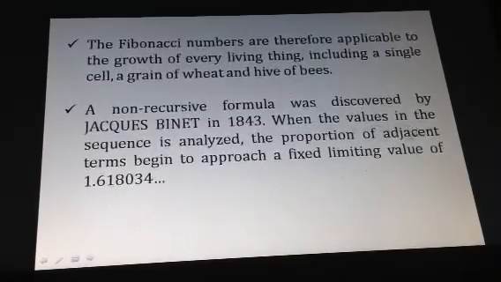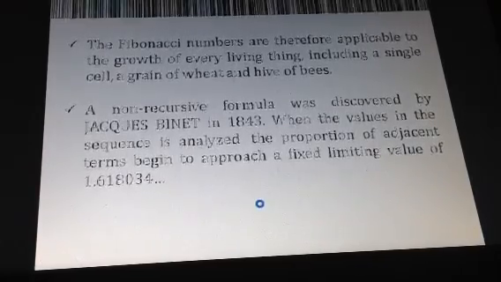When the values in the sequence are analyzed, the proportion of adjacent terms begins to approach a fixed limiting value of 1.618034, and so on pa yun. So, merong formula na imbento para malaman kung ano ba yung nth number ng isang Fibonacci. So, ano ba yung